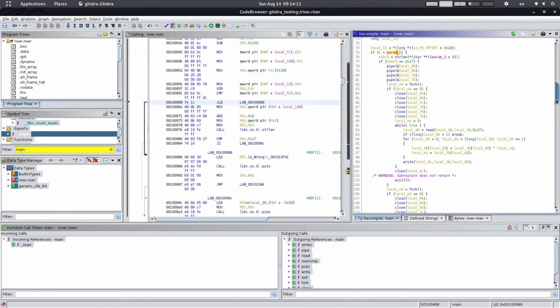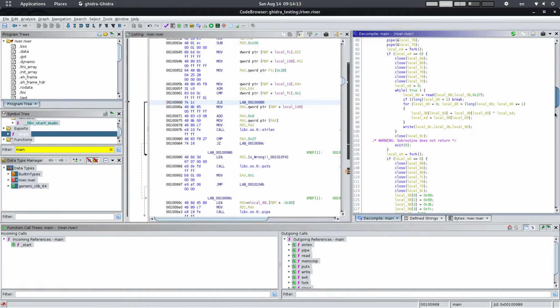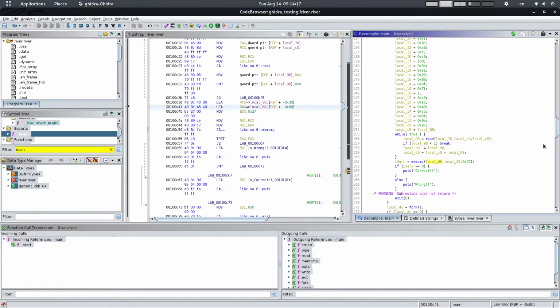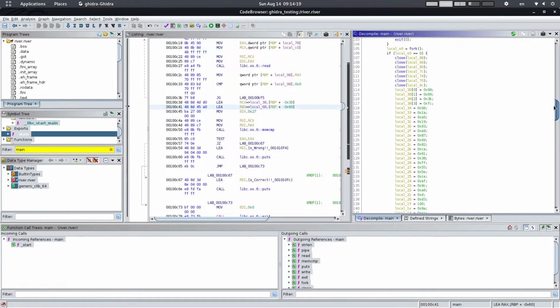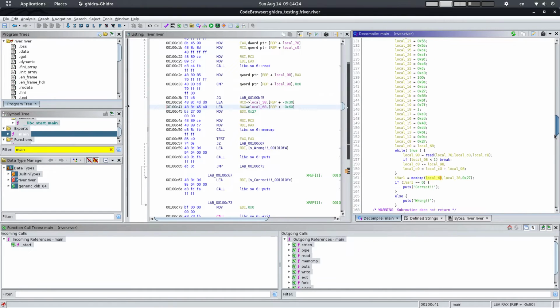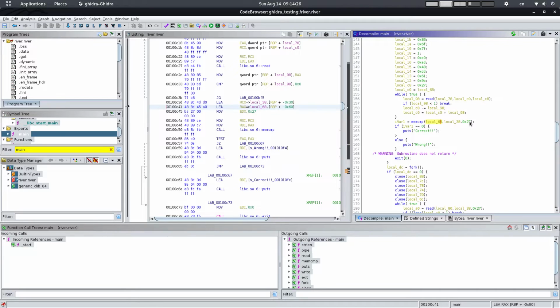Scrolling through more, there's a bunch of different operations that get performed, such as XORs. And it appears that now, at what appears to be the end, because you get a correct or wrong statement, is a memcompare. Memcompare will compare every byte in the file to the bunches of pseudo-random looking bytes up there in what appear to be an array. So what essentially I'm going to try and do is get the correct statement by